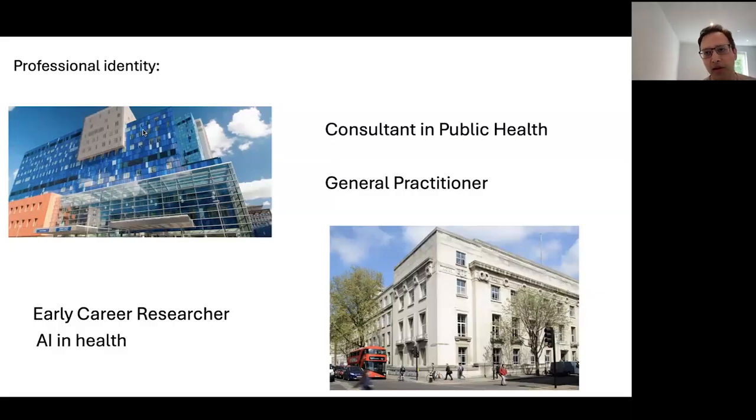So a little bit about who I am. Professionally, I'm a medical doctor. I specialize in public health and train as a GP. I work predominantly clinically at the Royal London Hospital in East London in their acute primary care setting. So that's things like the urgent treatment centre and the out of hours services. And the other half of my time, I'm based at the London School of Hygiene and Tropical Medicine as an early careers researcher. I'm in a group called the AI in Global Health and Healthcare group, where our main interest is seeing if we can utilize these newer technologies in a clinically safe and acceptable manner.